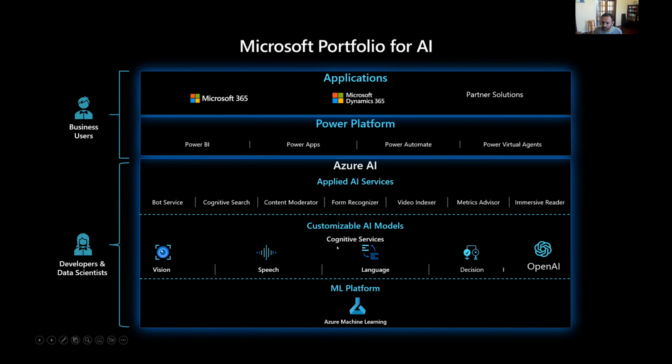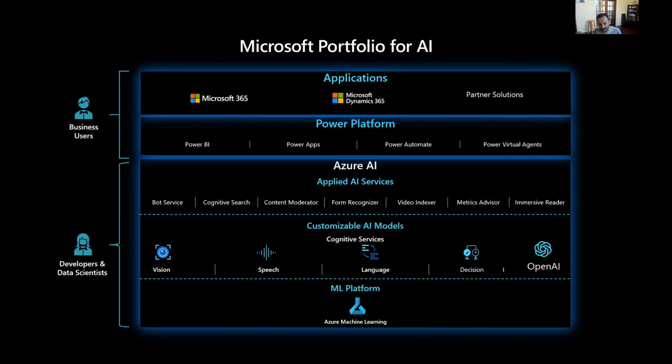We call them cognitive services. So that's the layer on top of Azure Machine Learning. So if you don't want to use the machine learning platform to build models from scratch, we have used this platform and built models, and we are offering them so that you can use it in your applications very quickly. So cognitive services are a set of pre-built AI models that Microsoft has that you can quickly use in your applications. And the cool thing about cognitive services is, even though these are pre-built models, you can actually customize them,